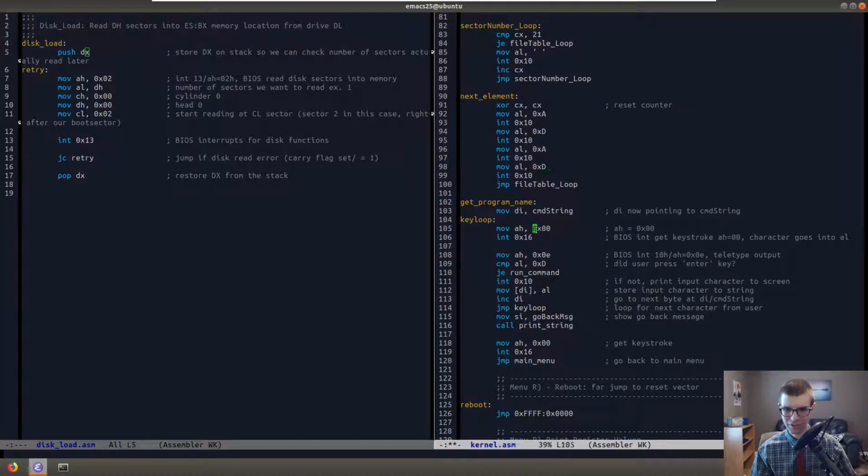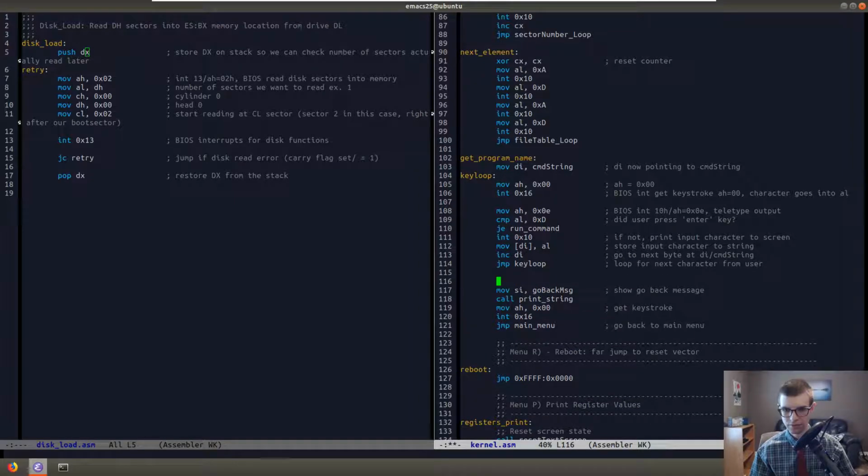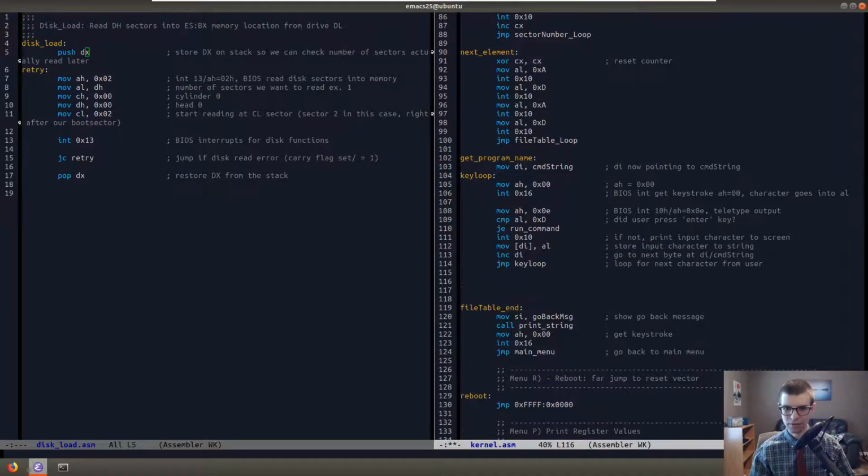So this is, okay, we're gonna get the keystroke. All right, we'll move it into there. I'm not gonna do run command. Oh, I guess I will if they press the enter key. I'll do something else. We'll do this as like file table end. We'll just do that. All right, so